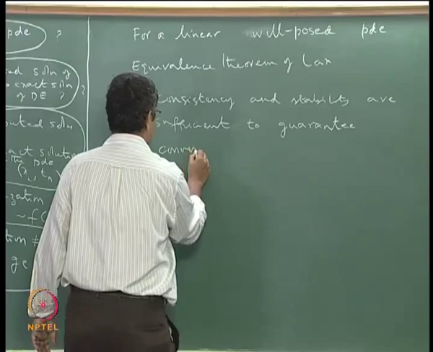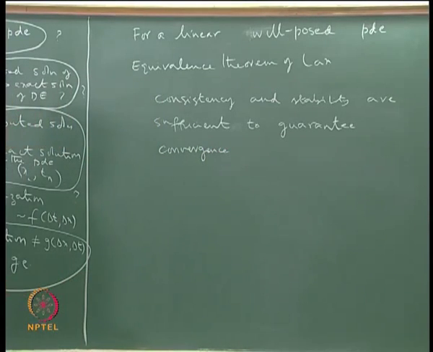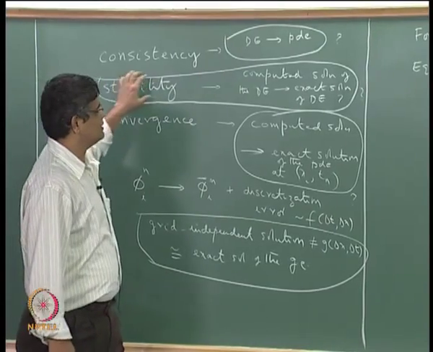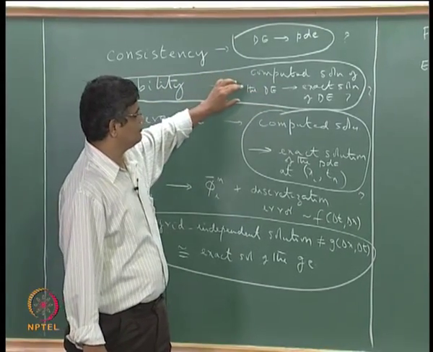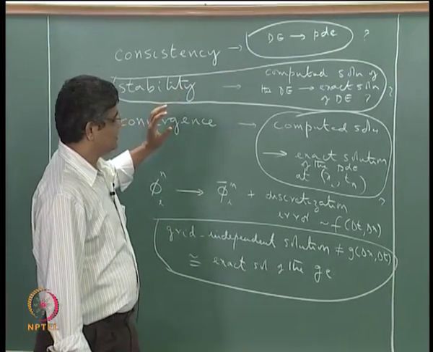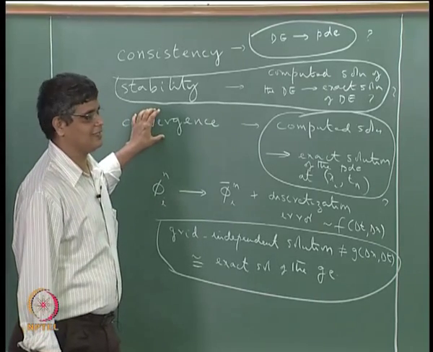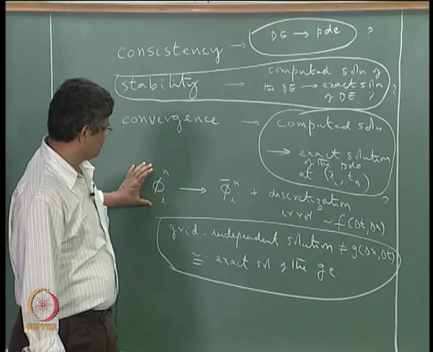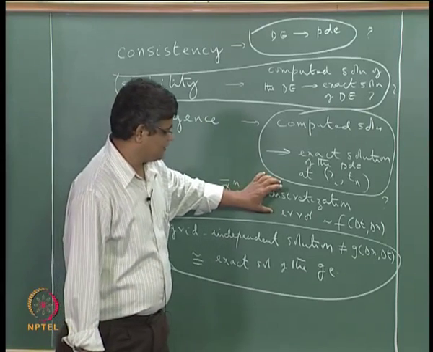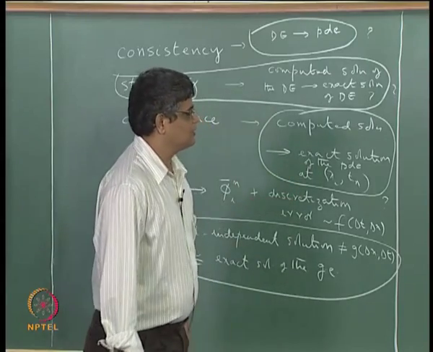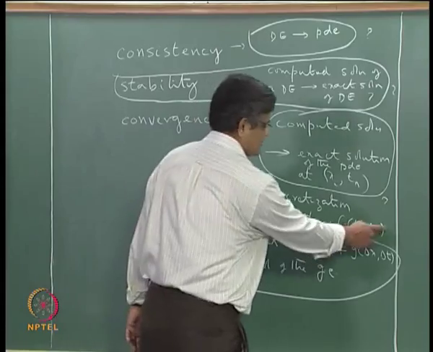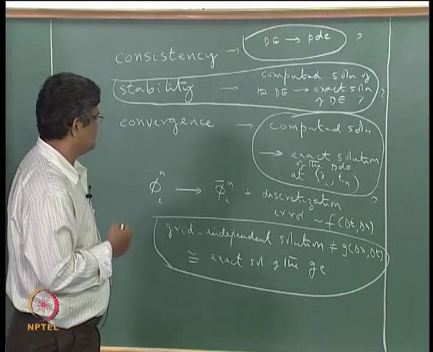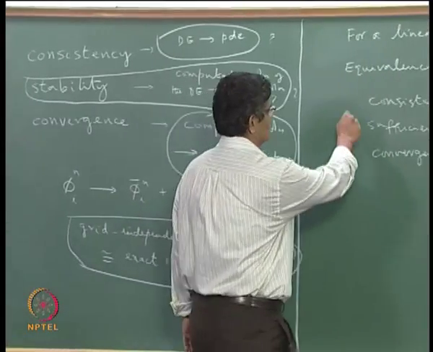Okay. This is in a way a bit of layman speak, but the point is that if we are able to show the consistency of our discretization and the stability of the computed solution, then we can rest assured that the convergence condition is satisfied and convergence is guaranteed, and under those conditions we can say that the difference between the computed solution and the exact solution has a discretization error which goes to 0 in the limiting case as delta x and delta t go to 0, and as n tends to infinity. Okay, so in that sense the two will approach. So this is a very useful thing,